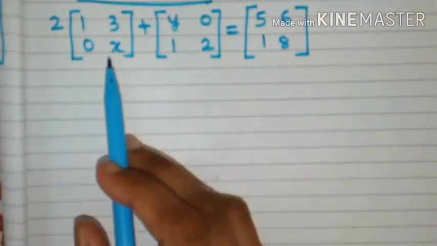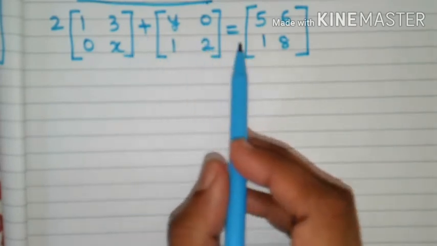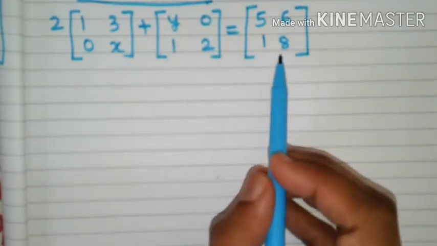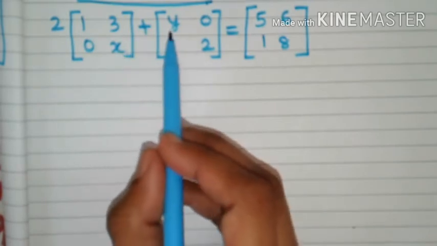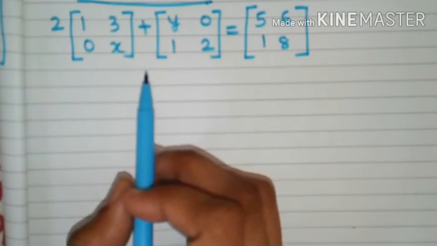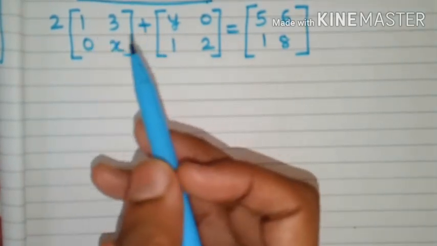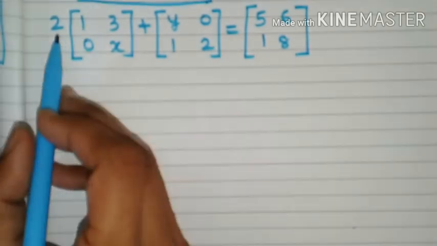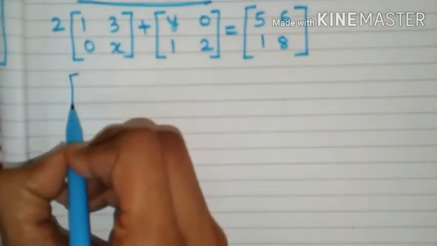So friends, question number 9 is that we are given these two matrices and that when we add them, we'll get this matrix. So what do we have to find here? We have to find the value of small character x and y. So here x and y are not matrices. Please don't get confused. They are normal numbers and we have to find their value. So friends, what we do is let us multiply first 2 inside this matrix. Since it is scalar, let's do scalar multiplication.